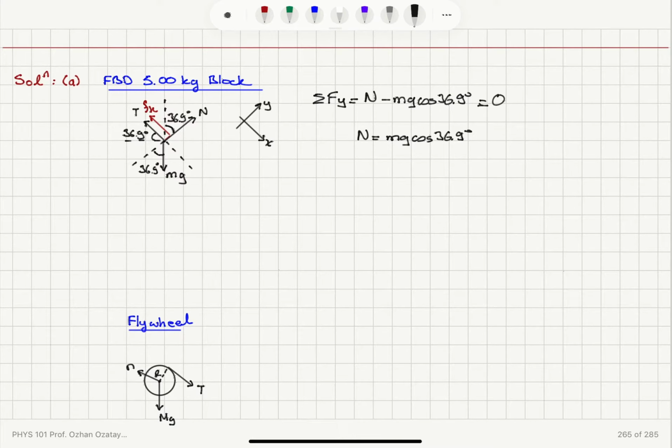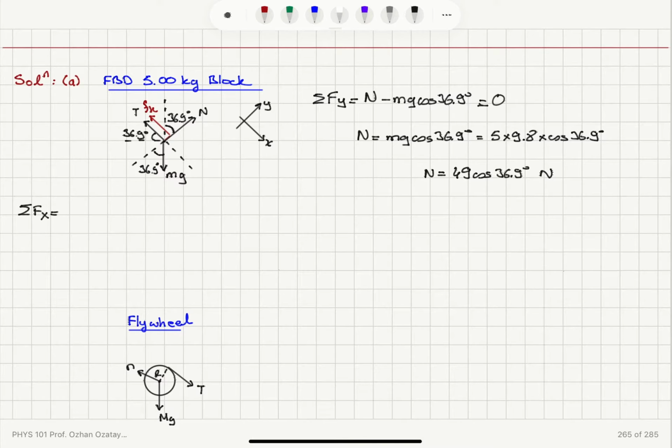36.9 degrees. The weight of the block is 5 kilograms, so it's 5 times 9.8 times cosine 36.9 degrees. So we find that the normal force should be 49 cosine 36.9 degrees in newtons. The net force on the x-axis we can write